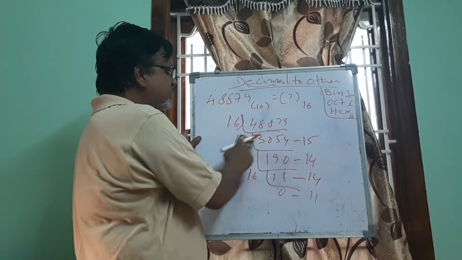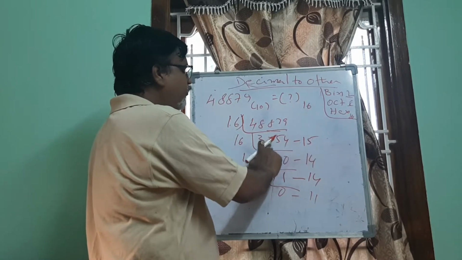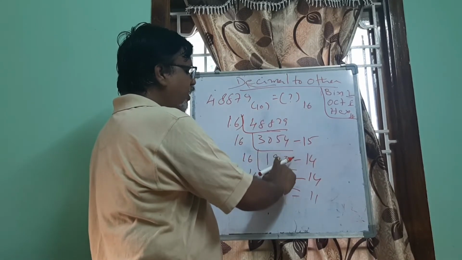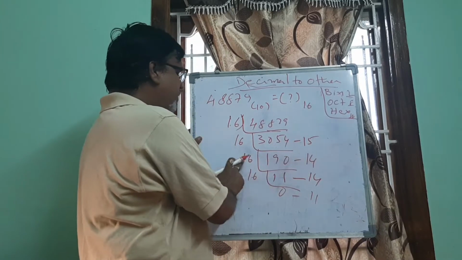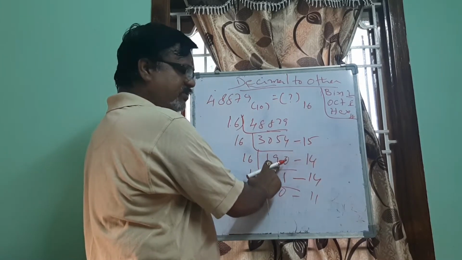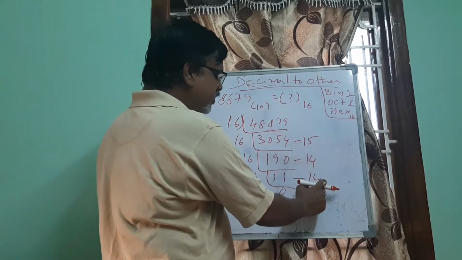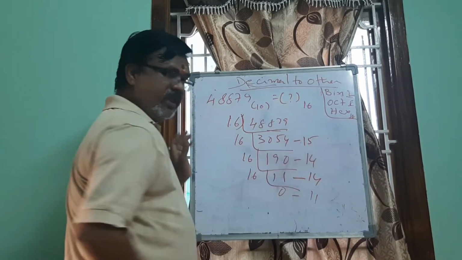Then after that 16 1s are 16, 60. Here you will get 145. So 9s you divided, and then you will get here 14. So 14 remainder will be there, and then 16 1s, 3 is there, again 30, 16 1s, so 16 remainder is 14. 16 zeros, 0 remainder is here.